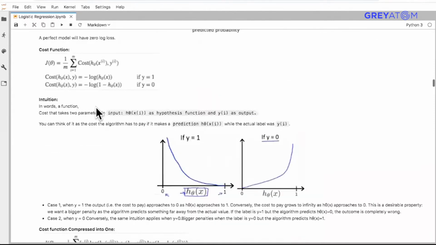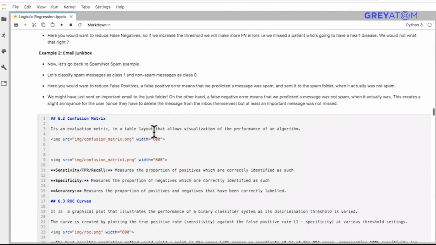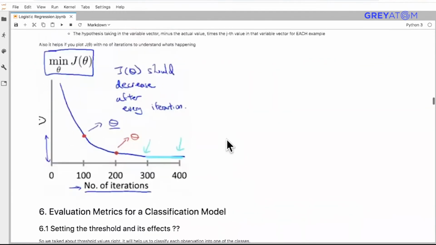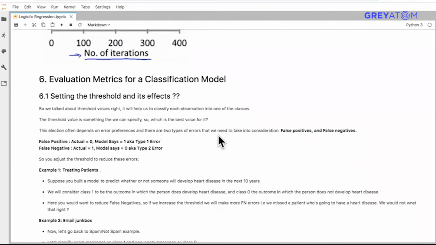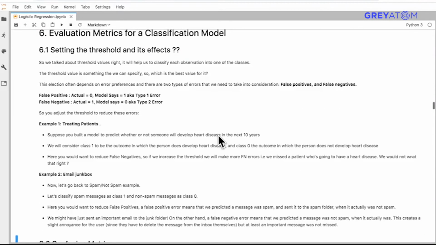Okay, guys, let's just move forward to the evaluation metrics. So we built a logistic regression model now, and how do we evaluate the performance of a model? How do we say that my model is doing good, or my model is doing bad, or something like that? So the first thing here is to